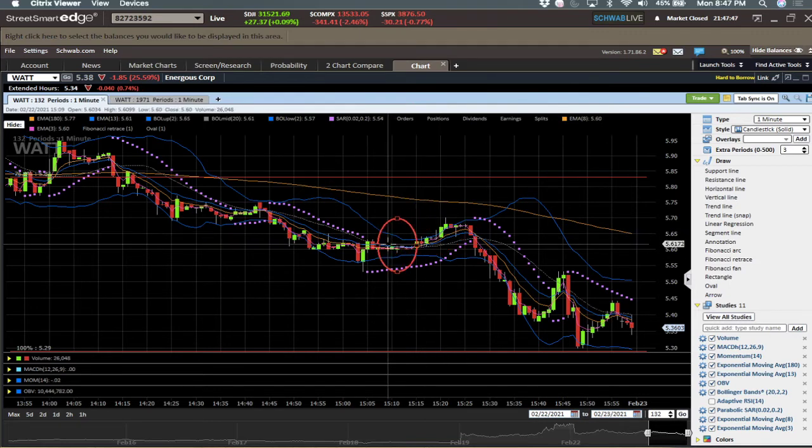So we're looking at right in here. This is where you start to see that compression happen, and then you start to see the price moving up towards the top end of it and even breaking out. Well, that was almost a little late. But once we start seeing it in the upper half,